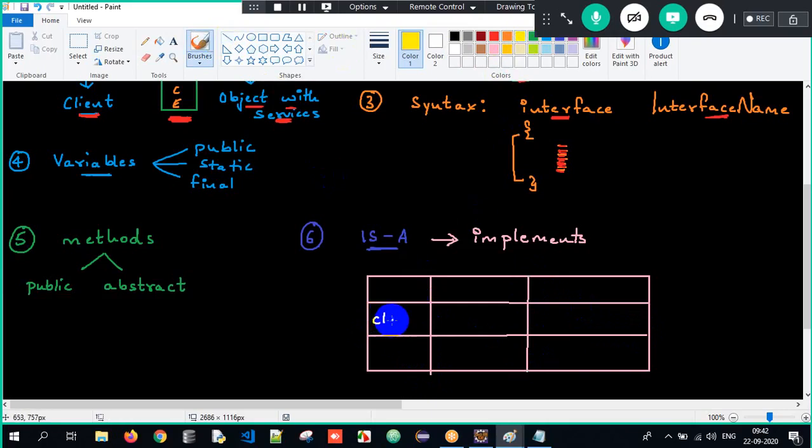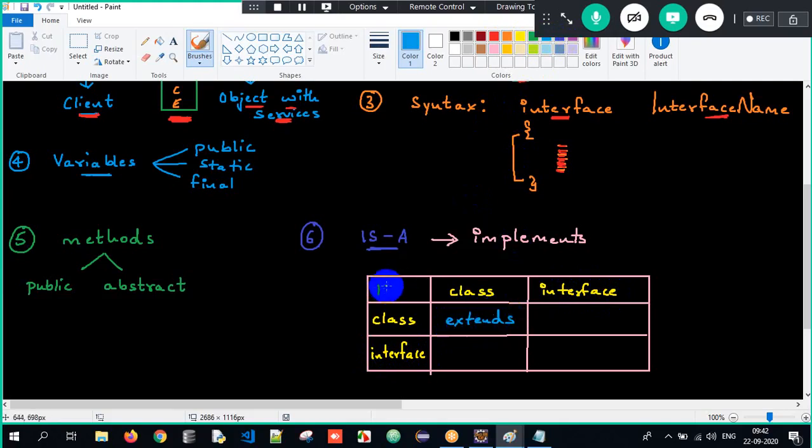Imagine guys, I have a class and this is also a class, and here there is an interface, and over here also there is an interface. Class to class is-a relationship, we always make use of the extends keyword.